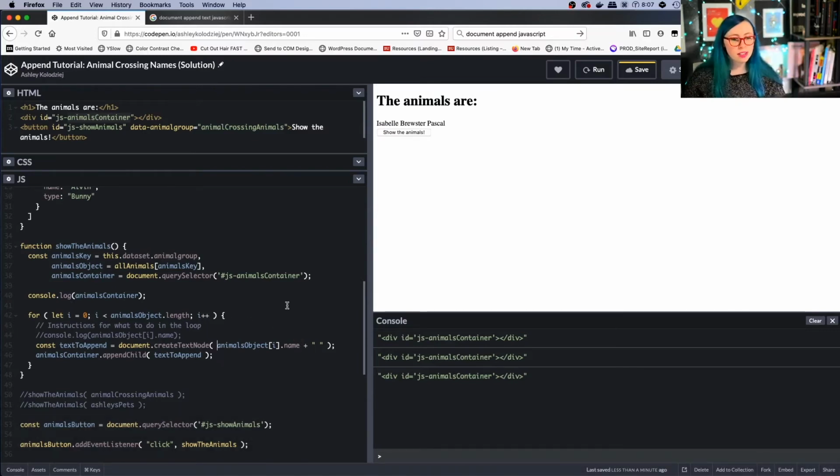Totally valid. The other way, the kind of neat shortcut you have in JavaScript in ES6, is to use these tick marks. So these are right below the tilde on your keyboard, just a little tick mark. And if you want, what you can do is you can do what's called variable interpolation.